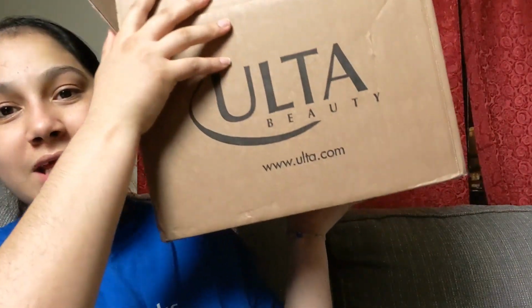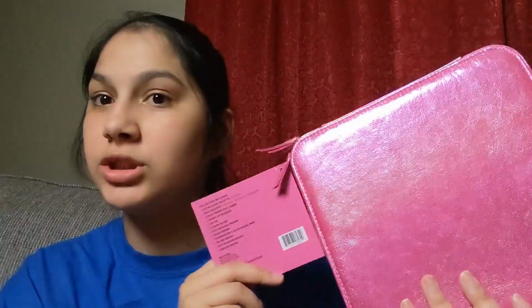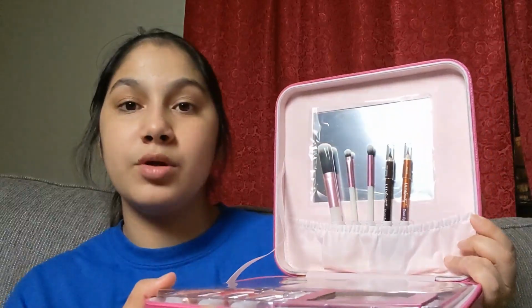So this is the Ulta box right here. I'm so excited. It's the Ulta Beauty All Things Pretty 25-piece collection, and it is $24.99, but I got it for $20 online. It's super cute, so we're gonna open this up, and I love this little case. We open it up and it has this beautiful mirror, and then it comes with 3